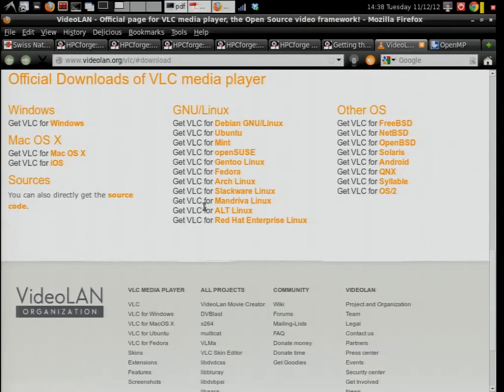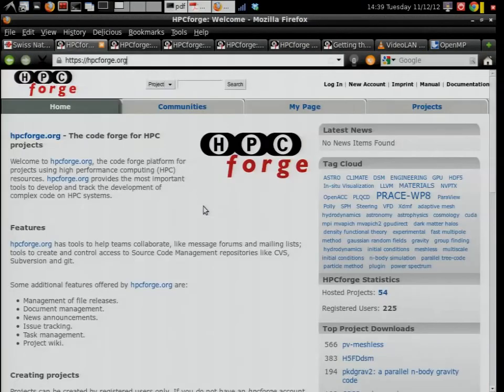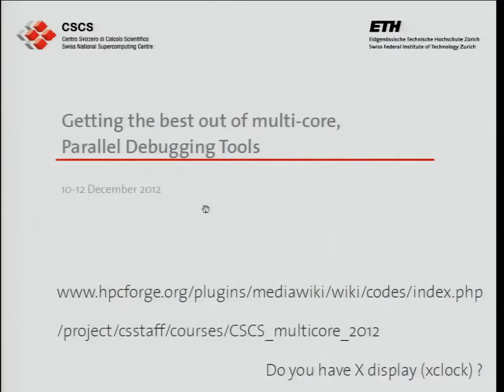I'm using VLC, so if you have time, install that. Of course, the slides and the exercises are in /project, so you can copy them if you want.